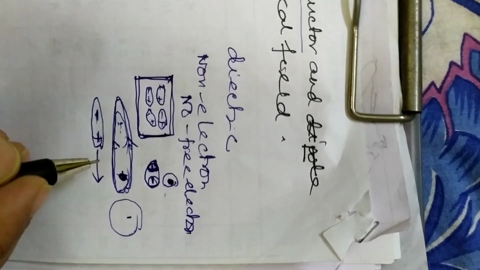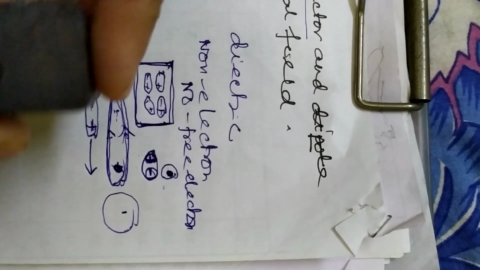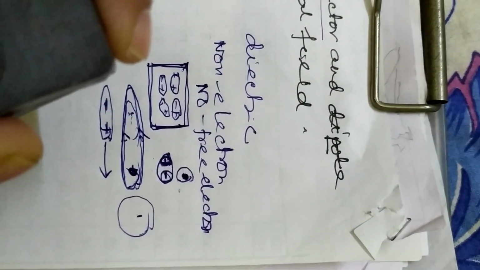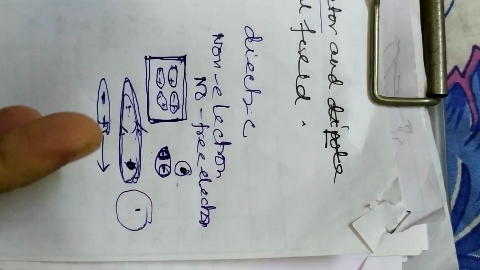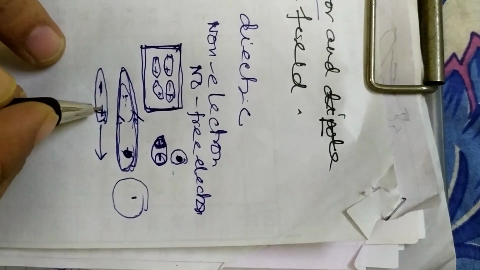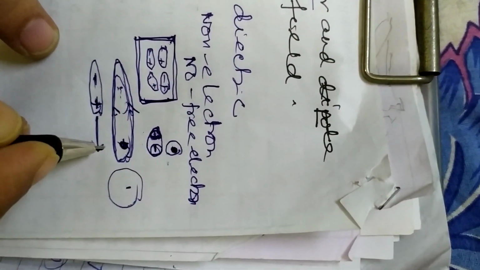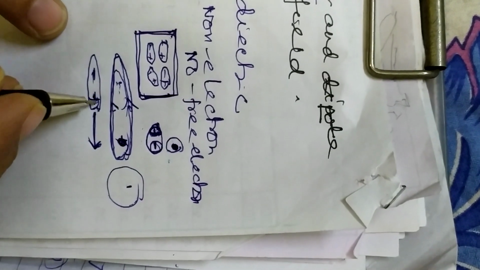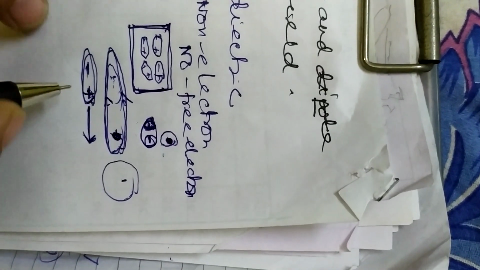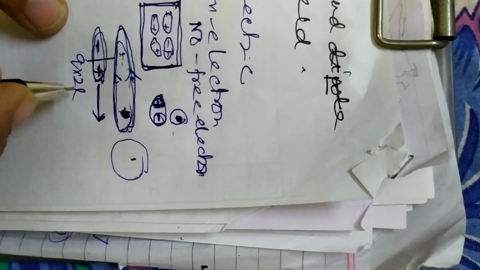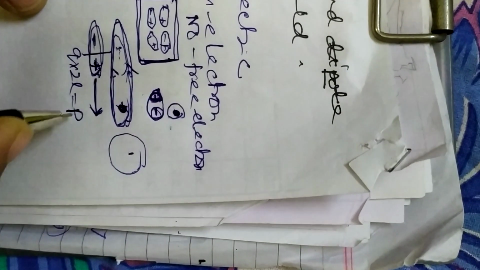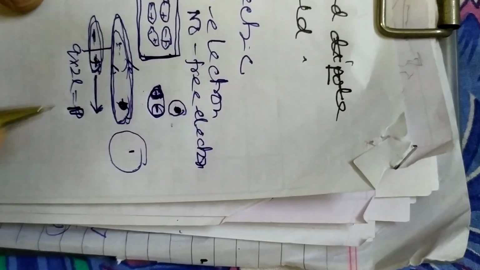Suppose this is a magnet we are taking. The magnet will have one pole here and another pole here. So what happens in the case of positive charges? It will go in the outward direction. This is the direction of the dipole. And the dipole, we know, is charge into twice the distance we are taking from the middle. So this is equal to the dipole, which we write in this way, P.